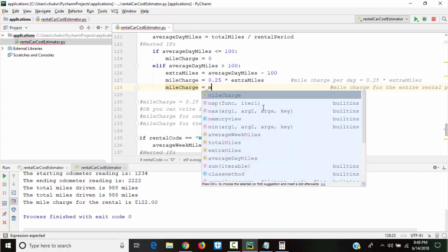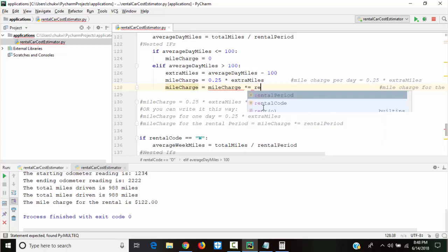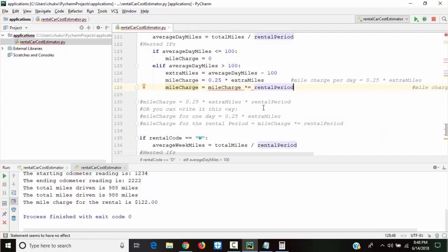You could say mileCharge times equal rental period. mileCharge equal to mileCharge times equal rental period.